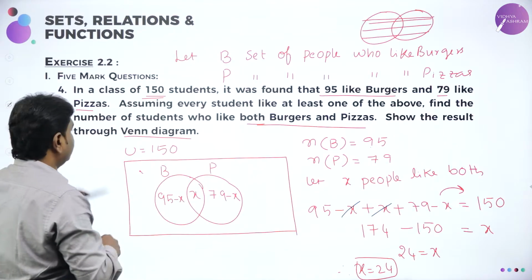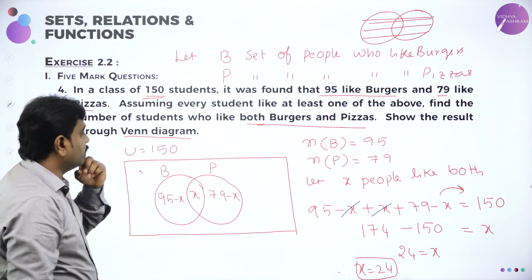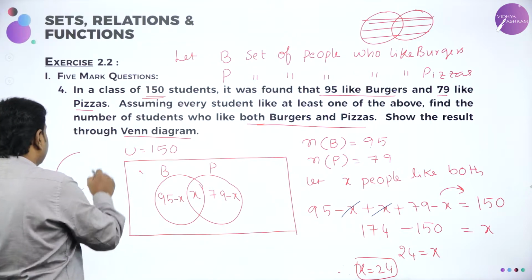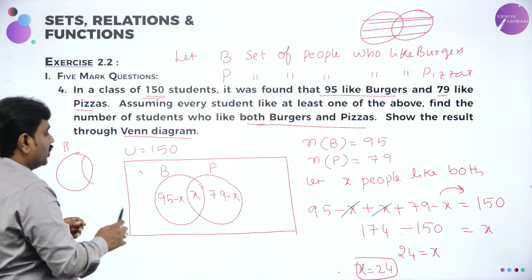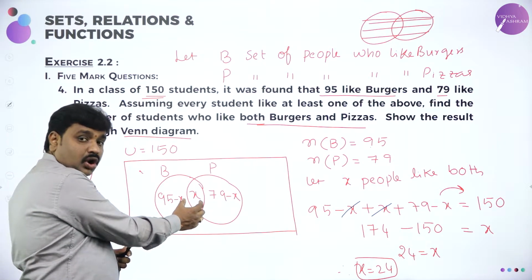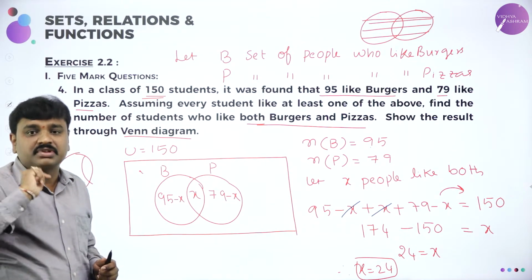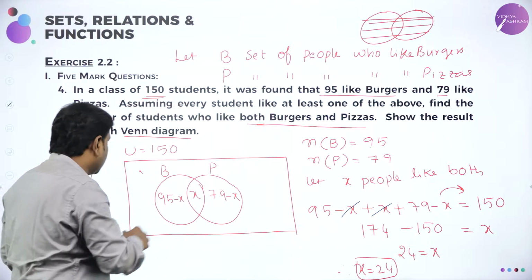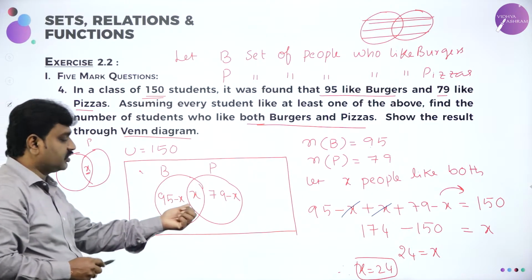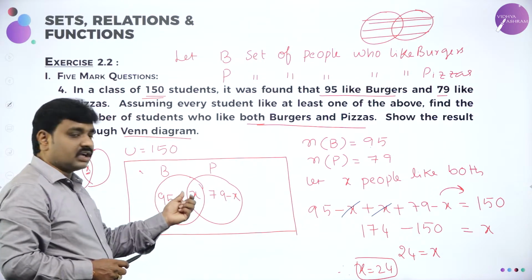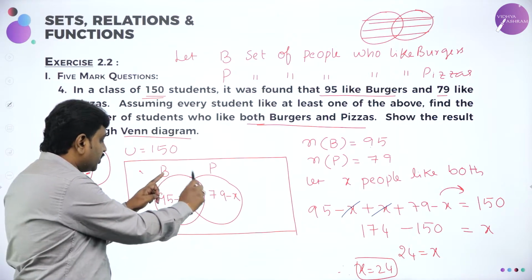So let me just summarize. Using the Venn diagram they want you to solve. They gave 95 people like burger. So this is the set called burger, but this region is common. Common to burger and pizza means intersection. You know, the operation intersection means common. Common is always filled between these. So that's why we took this as x. And out of 95 already you filled x. The remaining you fill here. So if I add 95 minus x plus x, it will become 95, plus x minus